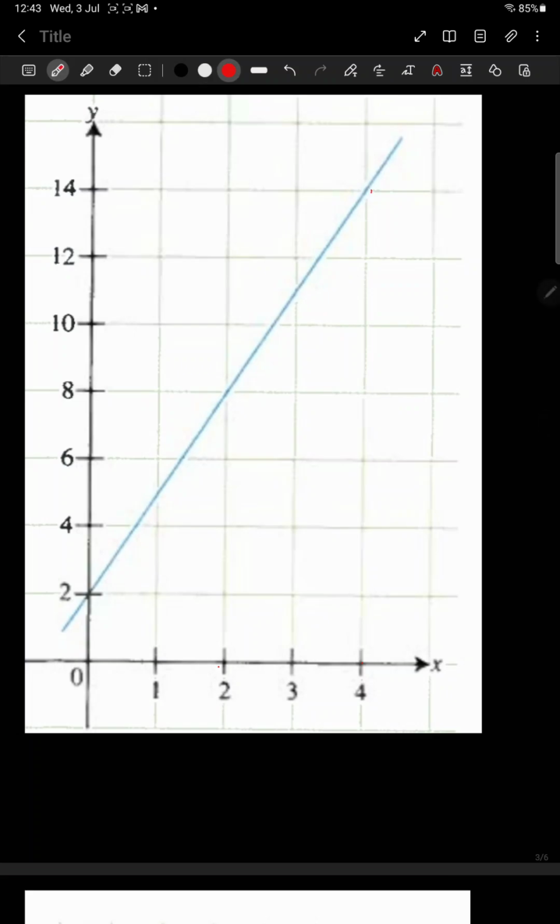In this line we have different points, and I will select any 2 of the points. I am selecting 1 point and then the second point. Now the change in x I will find over here, and the change in y I can find over here. So the value of m will be change in y over change in x. Change in y is from 8 to 10, 2 points, 2 points and 2 points, total 6 points. And over here the change in x is 1, 2, till 4, it is 2. So the answer is 3.